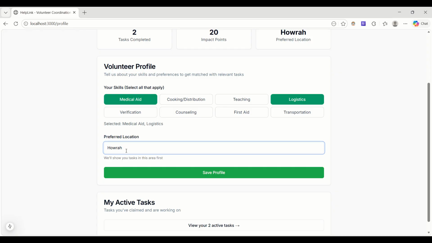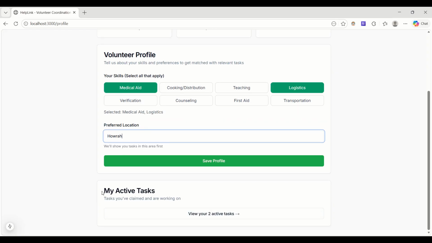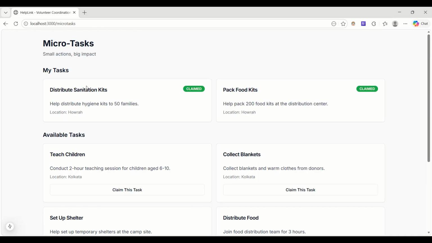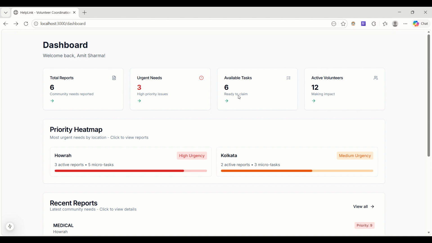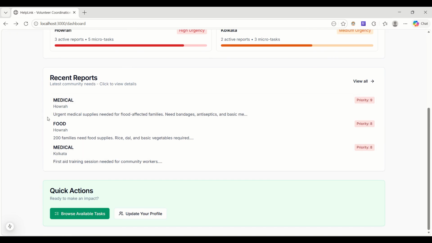Now the tasks are primarily dependent on a volunteer's location. So hence the tasks that were shown to me earlier were located in Howrah because of my preference. And as you can see under my tasks, I have two active tasks, which is this distribute sanitation kits and pack food kits. Now coming back to the dashboard again,